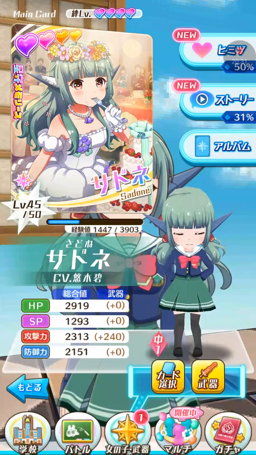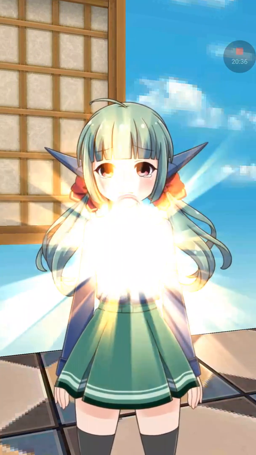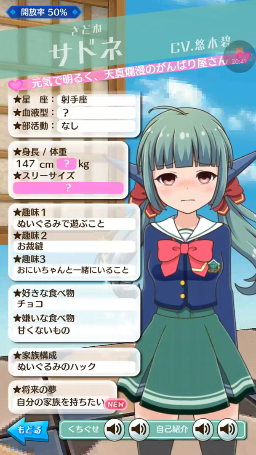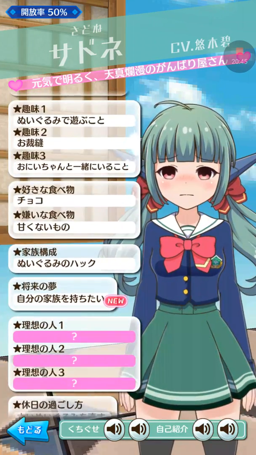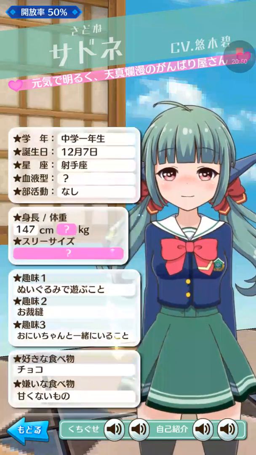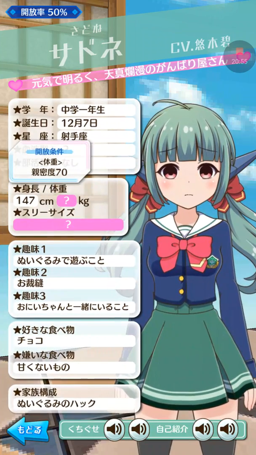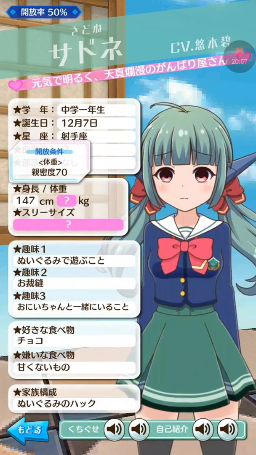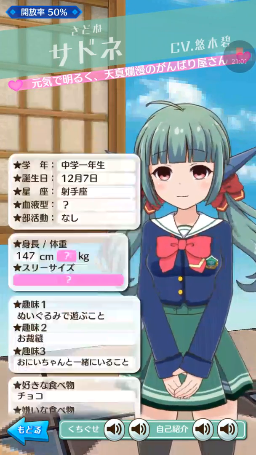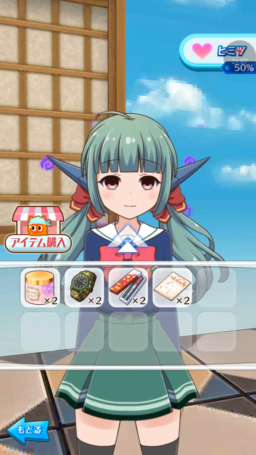Then, up here, top button, Himitsu, is secrets. It just lists facts about the character, like her height, and eventually her weight, which is that. Affection 70, which I don't have yet, and everything else. You have to max out the affection to get all of these. Whoa, why did I click? How did I get to presents? Okay,